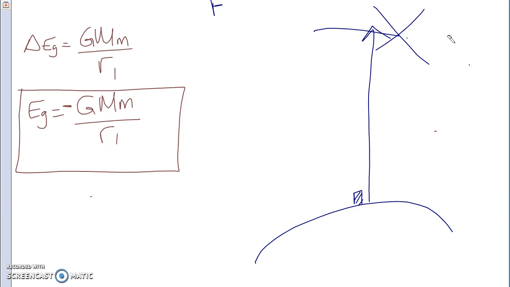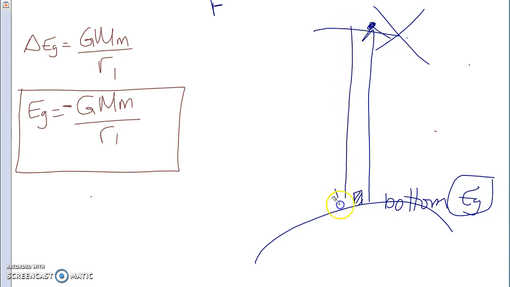So if you think about it, my maximum energy of my whole system is where? At the bottom. This is where my EG is maximum. You're like, how could EG be maximum at the surface? Well, what we're telling you is, think about the energy from the top and bring it all the way down here. This is your maximum energy right here. It's like when you buy a house, you go to the bank, you get a mortgage of $1 million, and now you don't own the house. You're going to pay off the house, and when you pay off the house, the amount of money you